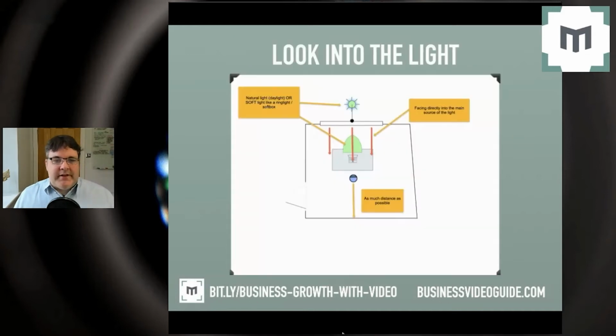So look into the light. This is a nice little diagram which hopefully will bring some clarity to what I'm talking about. You can see the little blue thing there, imagine that's you, and you either are looking straight into the green sunshine there through the window, or if you are going to use an artificial light,